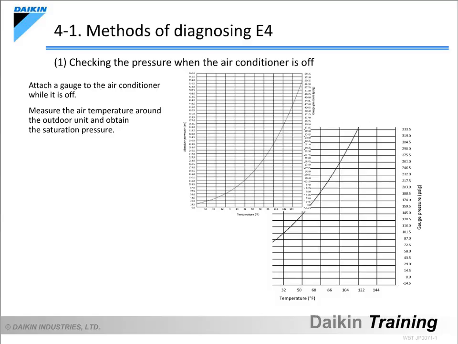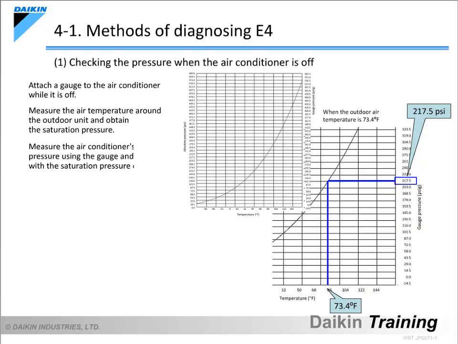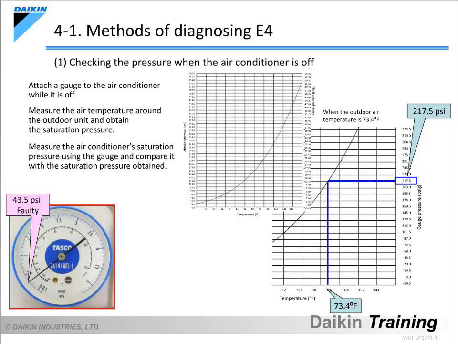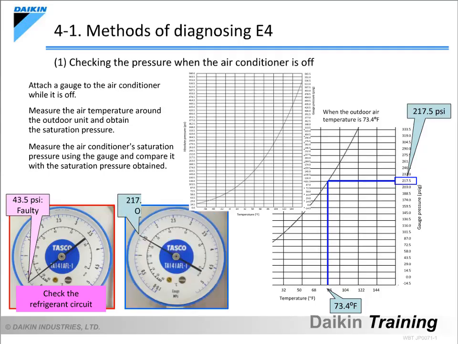If the outdoor air temperature is 73.4 degrees Fahrenheit, the saturation curve tells you that the refrigerant pressure in the air conditioner is 217.5 psi. If the actual pressure of the air conditioner measured by the gauge is lower than the obtained refrigerant pressure, this may point to an insufficient refrigerant charge, or a refrigerant gas leak. Therefore, it is necessary to check the refrigerant circuit. If the pressure level obtained from the saturation curve is the same as that measured by the gauge, proceed to the next item to be